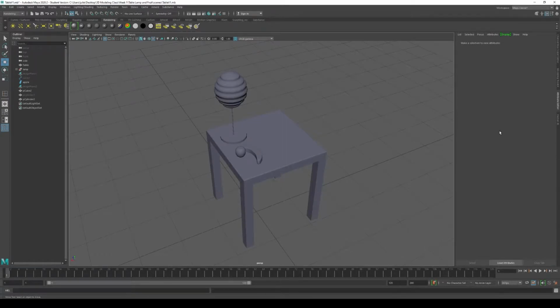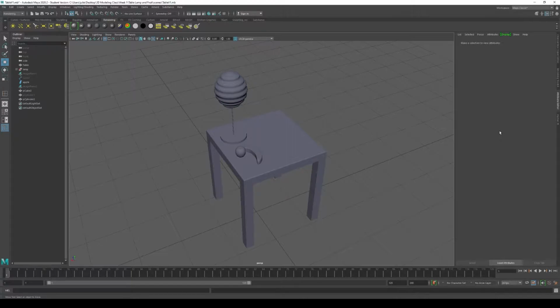So your scene should be looking something like this. Right now we're gonna go into lighting and rendering, and before we do that, we're gonna model one last element that will work as our light source. And the reason why I want you to model this is because I also want you to learn one last